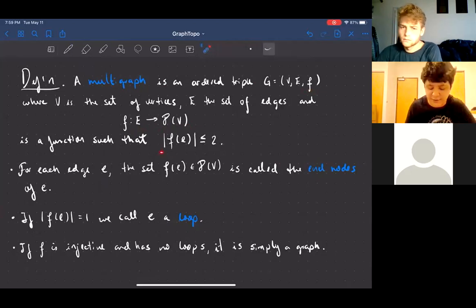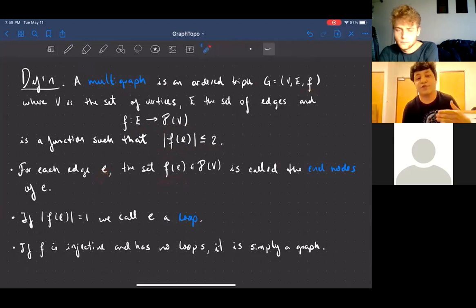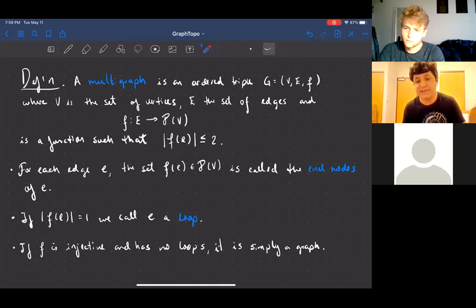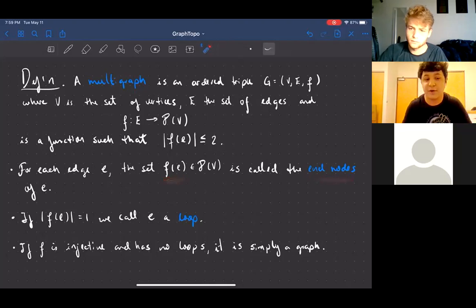So the cardinality of each element of the function will be less than or equal to 2. For each edge E, we will map it to the element Fe, which will be a subset of the set of vertices,